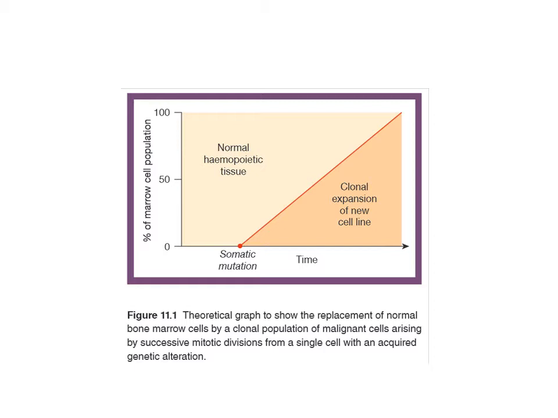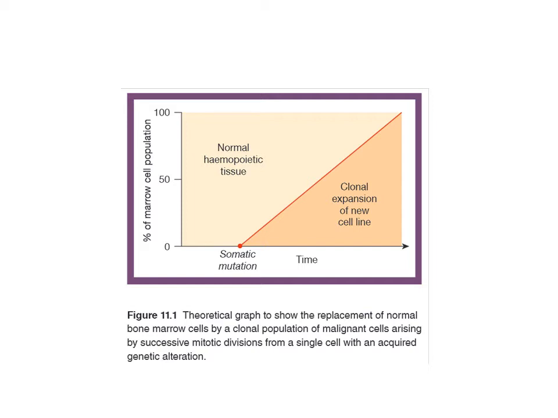This loses the control on the proliferation. This may become independent from the growth factors. Maybe there is some blockage in the maturation, and this is dividing again and again. These are more aggressive cells. You can say Badmash cells. They will replace the normal cells. Like when a badmash comes into a neighborhood, drives out all the decent people and takes over the whole neighborhood himself.